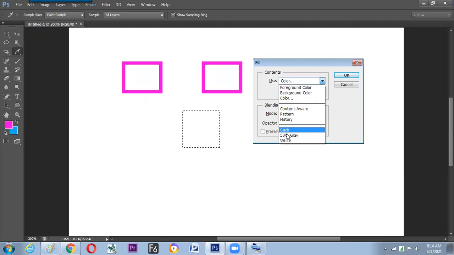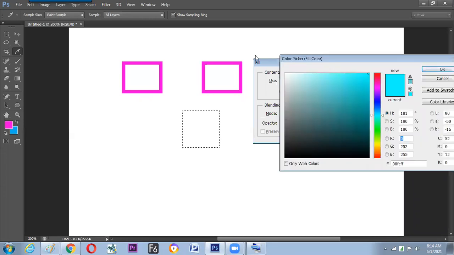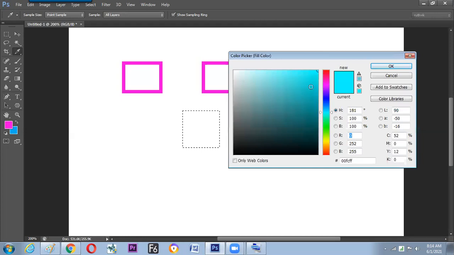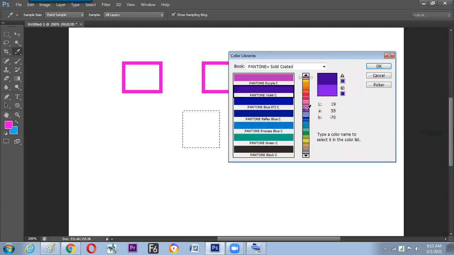But except that, if you need to have our own color, then you can switch to the color picker. Then a very big color palette will pop up, and here you can choose our color by sliding the slider. And we'll see in detail how to pick the colors correctly. But this is one of the ways, switching to the picker and getting the color, or else you can switch to the color library. A complete library is there where international professional colors are there. You can choose one of the colors out of that.